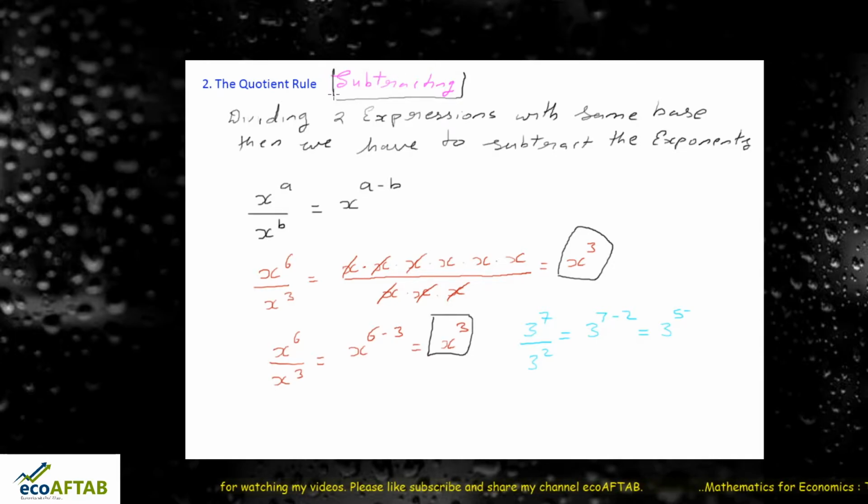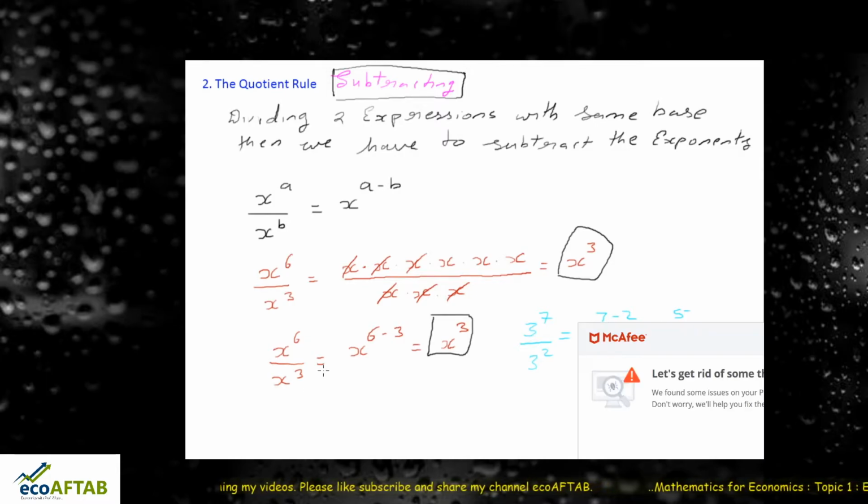So for product rule we make use of addition of exponents, for quotient rule we make use of subtraction of exponents. Moving ahead, the power rule. What does the power rule say? Here if you raise a power to a power, we multiply the exponents. So what it is telling us here,